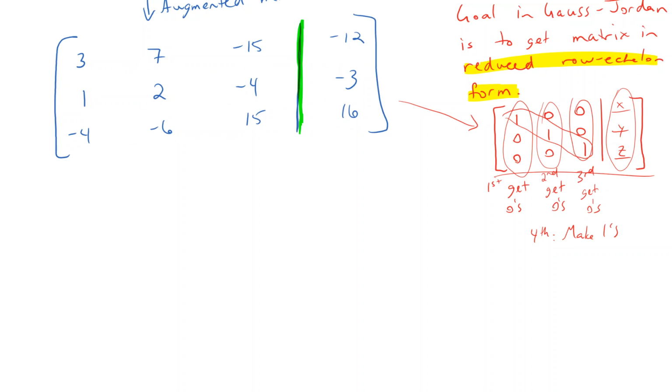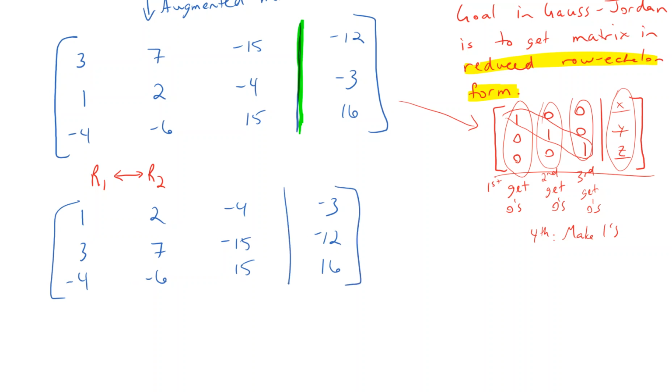So one thing that might help me is to interchange row 1 and row 2. What that would look like then is my row 2 becomes my row 1. So it'd be 1, 2, negative 4, negative 3. And then my row 1 becomes my row 2: 3, 7, negative 15, negative 12. And then row 3 didn't change. Okay? And lots of times when you write an equivalent matrix, you'll put this little tilde here